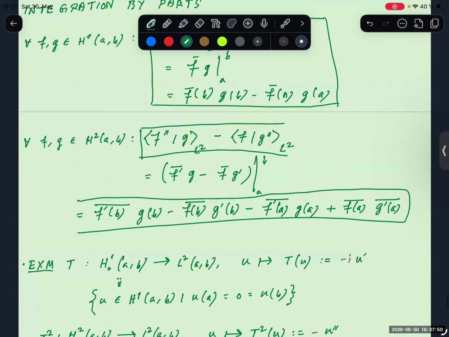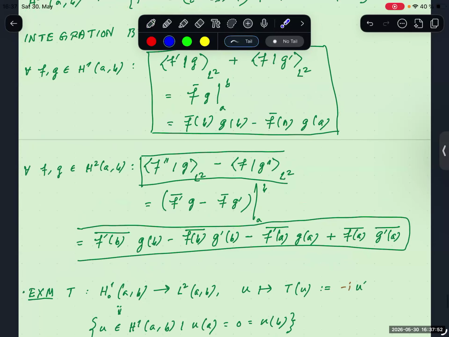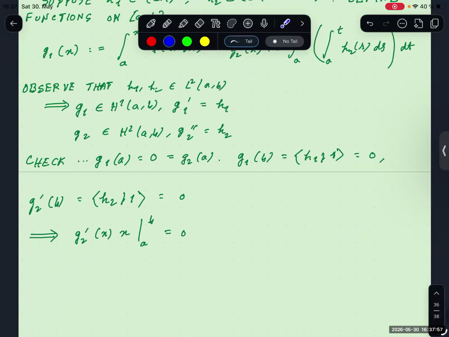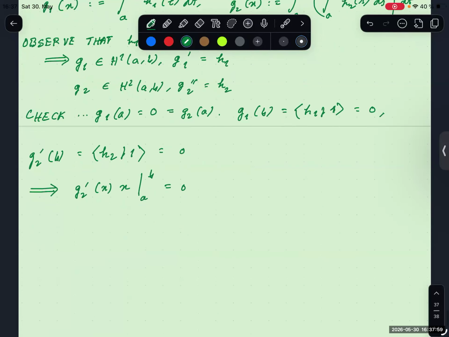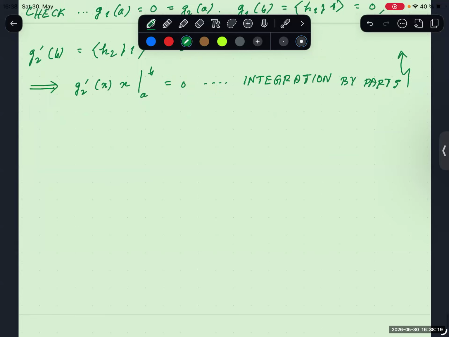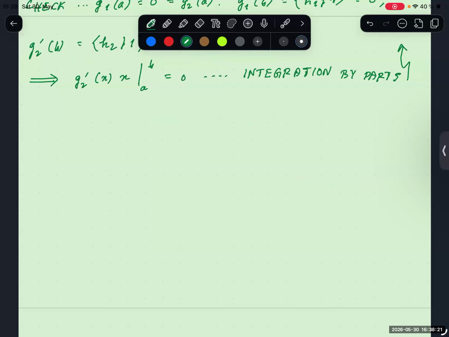For the time being, just use this expression, and this gives us integration by parts above. Okay, so this gives us